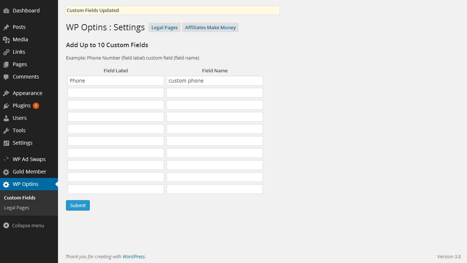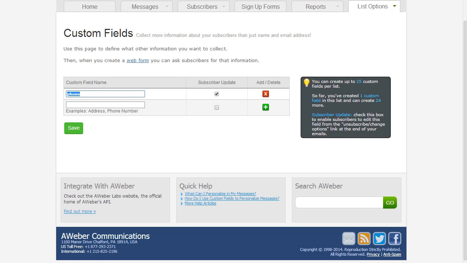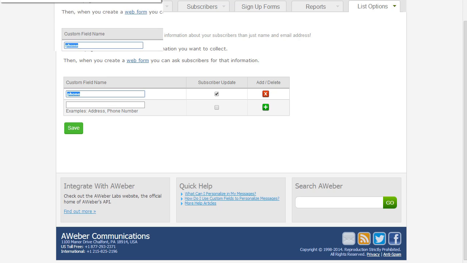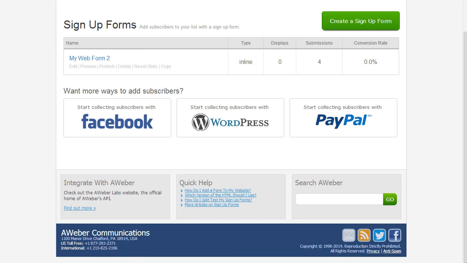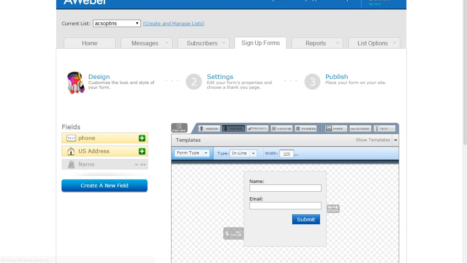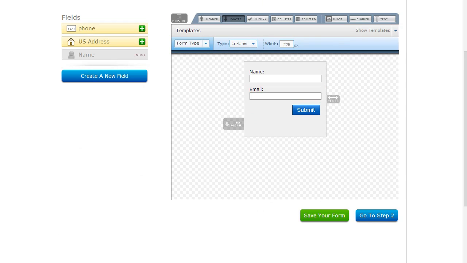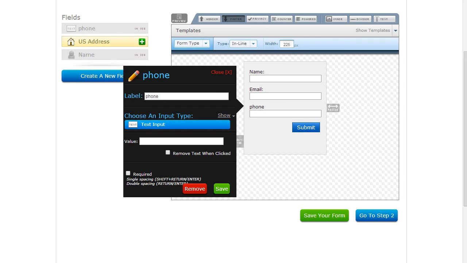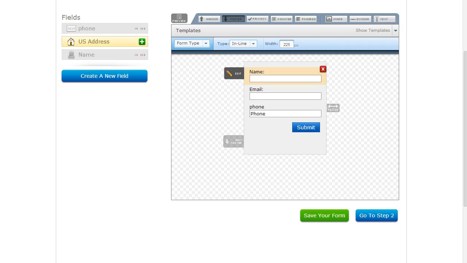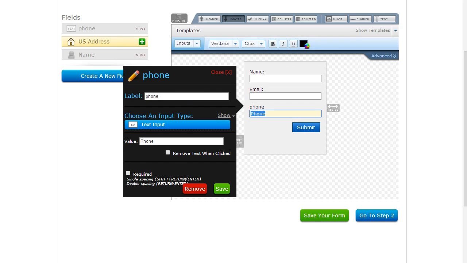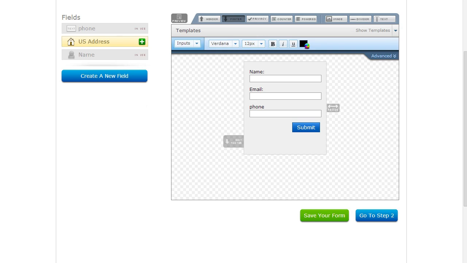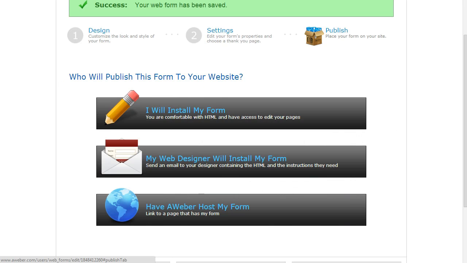Okay, you only have to do this once, and in the future you just go create a form and add phone. So you have this already set up in your custom fields, and we can just go back to sign up forms, and we'll just go to the main thing here. Okay, so now we have name and email address in this form, and we're just going to add this, and this doesn't really matter because we're going to recreate the form anyway. So now we have name, email, phone. Okay, we don't actually need that. There we go. Okay, so now we're going to save the form,